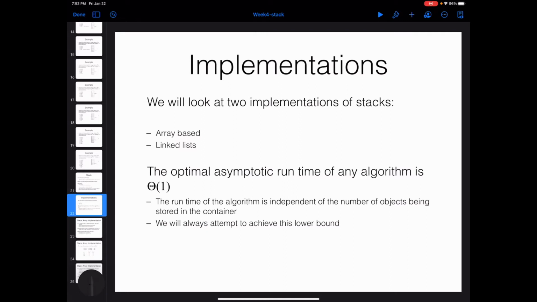So now let's have a look at the implementation. A stack is going to be a restricted form of a list, so we will see that both array and linked list can be good main data structures to implement a stack, and we will see both of these implementations. One thing that you should keep in mind here is that when we are implementing an abstract data